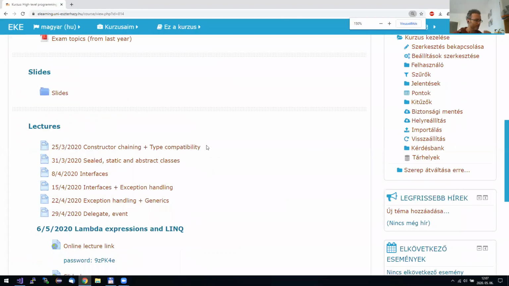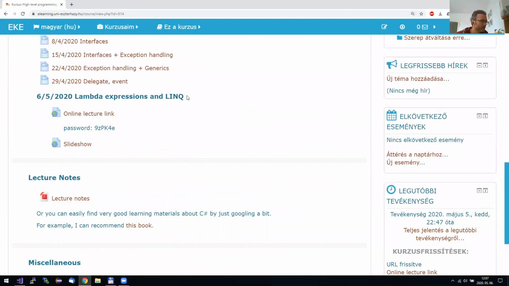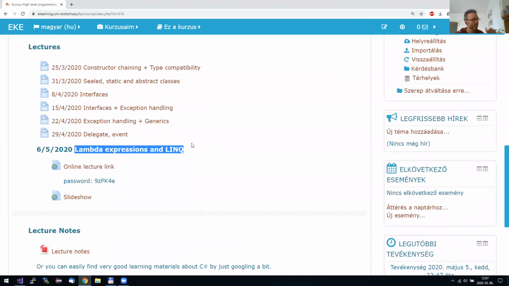So about the lecture, 2 days, and next week's topic is this one. I already put this on the e-learning site. We are going to learn about lambda expressions and LINQ, which is a very cool technology in the .NET framework. I also uploaded the slideshow here, but first I have to open the slideshow from last week because I didn't finish it yet, but there is a strong connection between